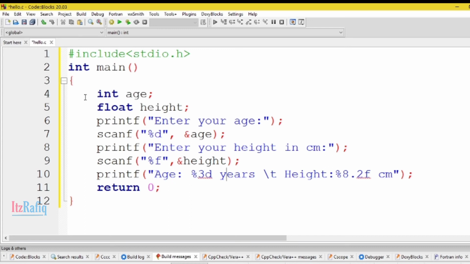In age I have written age equals %3d. 3d means it will take 3 spaces to display that number. Suppose I have entered only 15. To display 15 we require only 2 spaces, but still it will take 3 spaces. One space will be just kept empty. So %3d years, then again \t